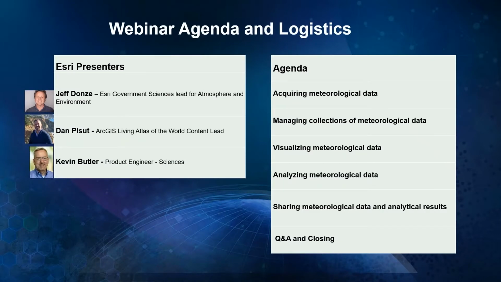I lead our weather and climate community efforts for Esri, as well as manage our relationship with the NOAA National Weather Service. I'm joined today by two members of Esri's product team from our headquarters in Redlands, California. Dan Pasut, who is our content lead for our Living Atlas of the World. Dan has a great deal of experience of working with atmospheric data. And Kevin Butler, a senior product engineer with Esri, who has extensive background working on the spatial analysis area of